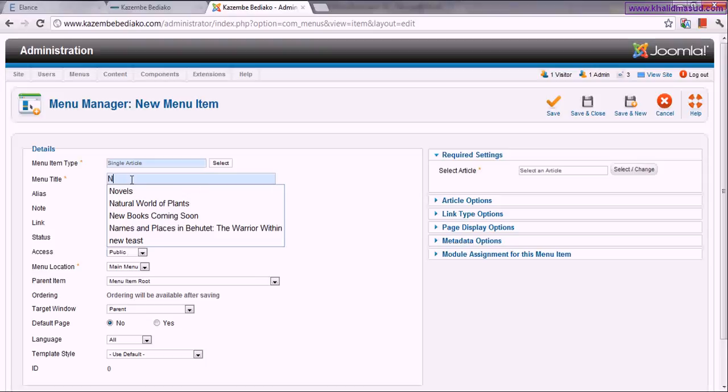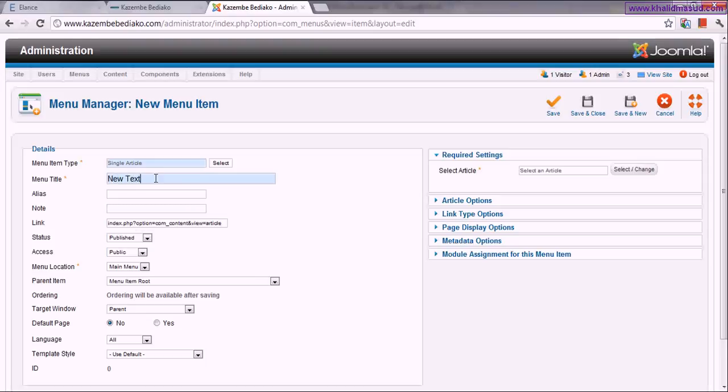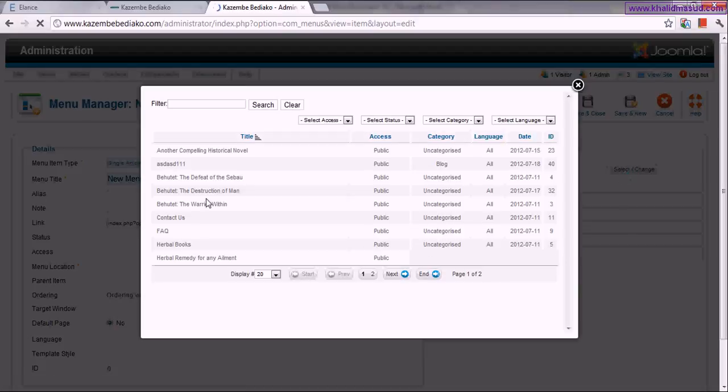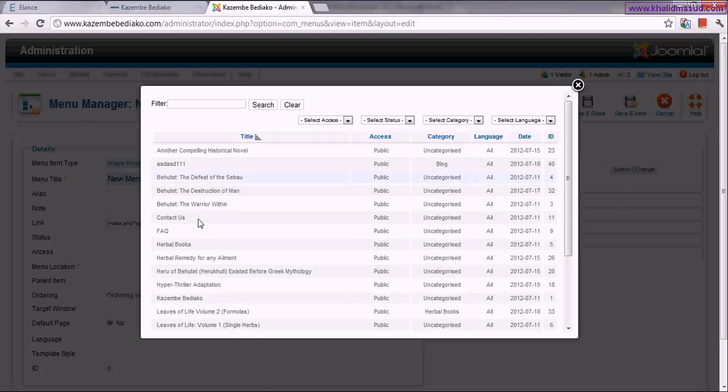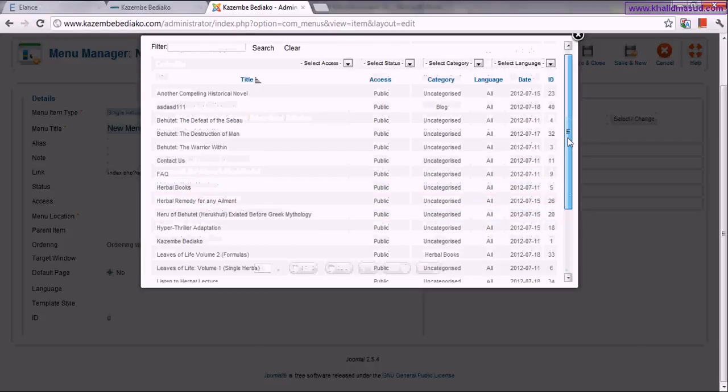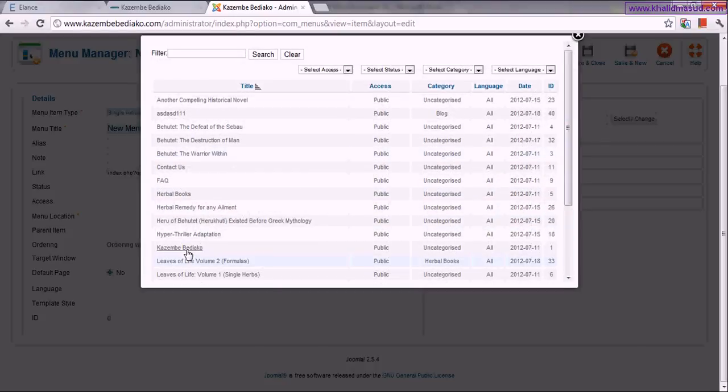I want to show this new menu item, so you select which of the articles you have already written you want to link this new menu text item to.